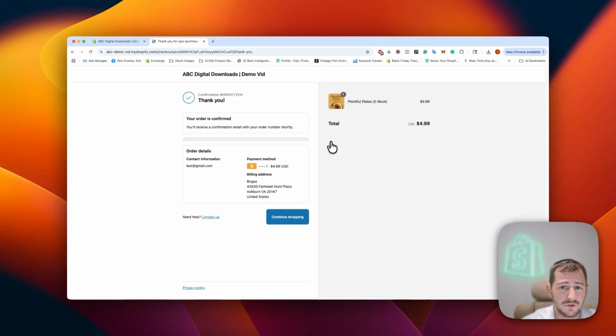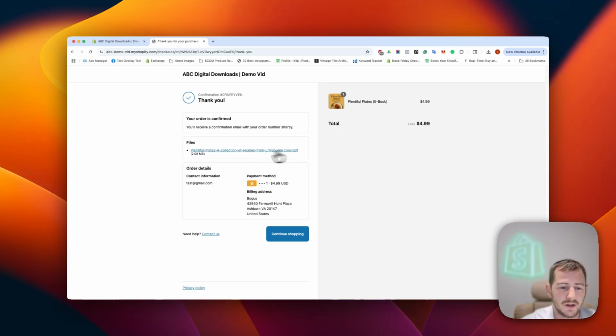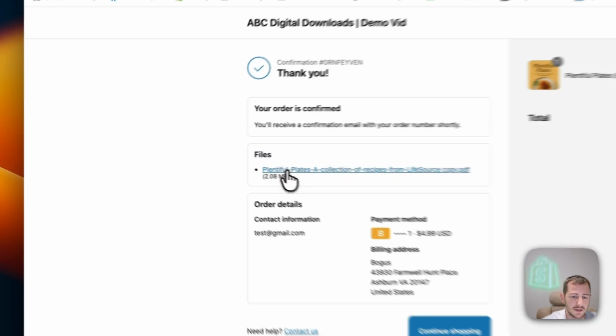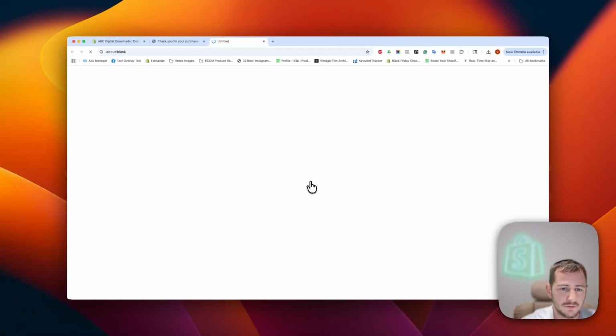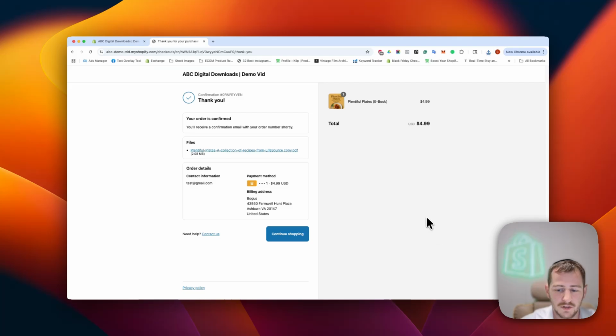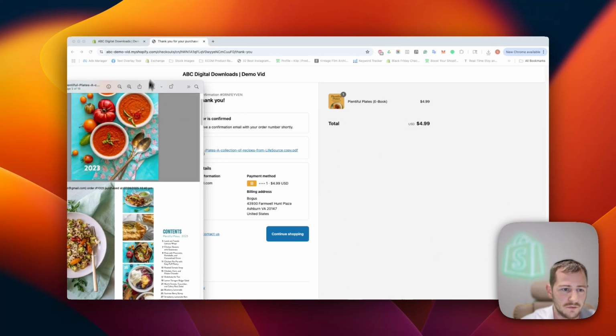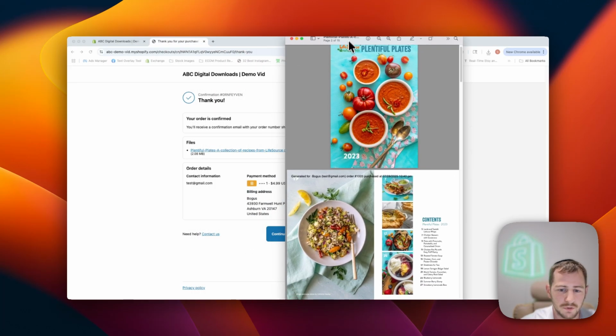Now we just have to wait a few seconds here. And as you can see, the file is showing here for us to download. We'll go ahead and download our file. And it downloads super quick from our server. And now if we go ahead and view the file, I have pulled up here,